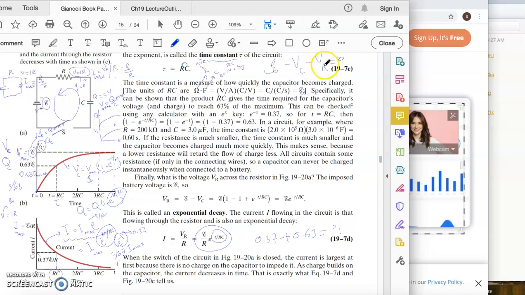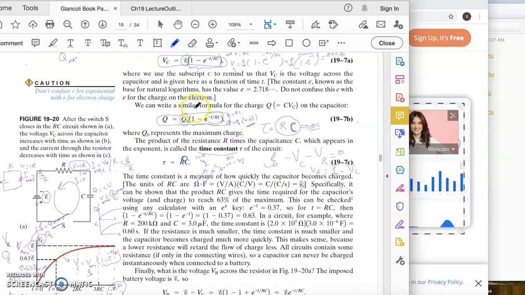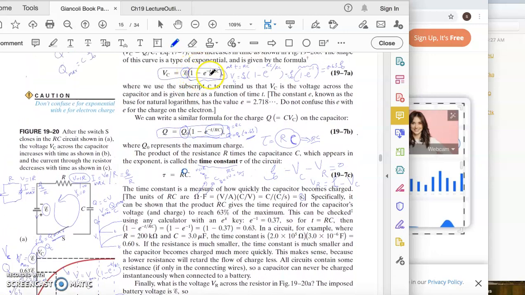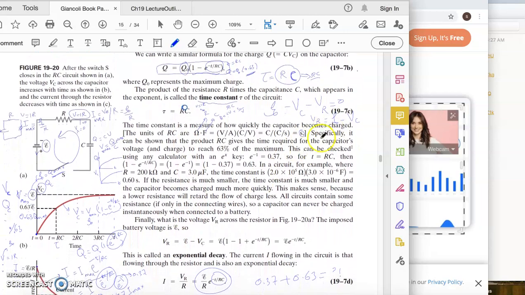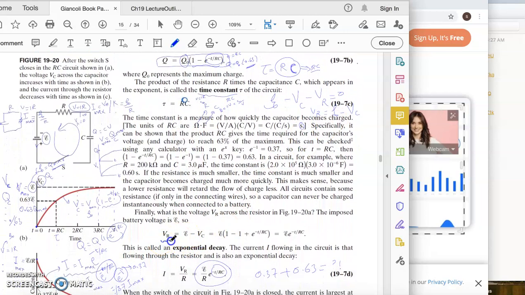So the voltage drop across the resistor is equal to epsilon minus the voltage across the capacitor. We know very well the voltage across the capacitor in the charging process is epsilon times 1 minus exponential to the power minus t over tau. So you do the math, okay? We reach that V across the resistor is epsilon minus this voltage across the capacitor, which is equal to